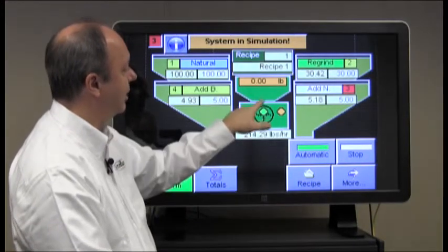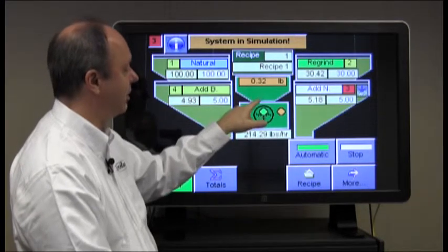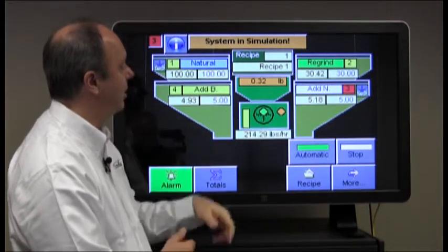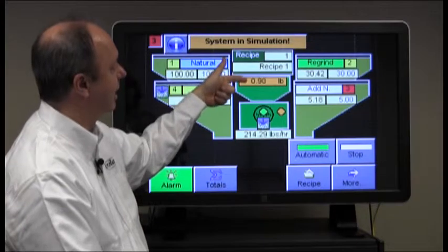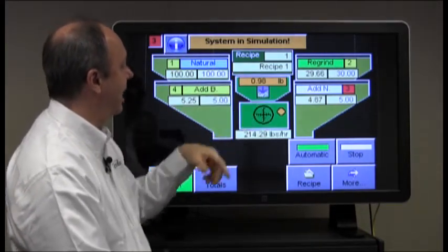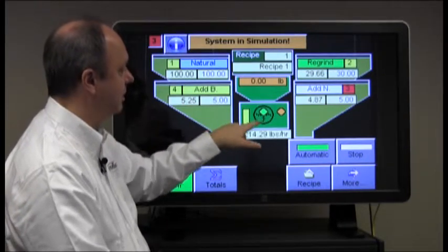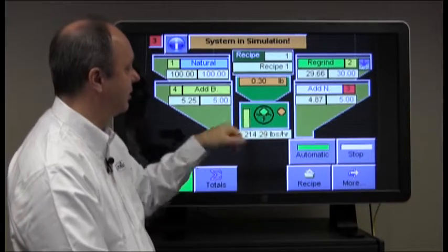Same thing with an arrow that occurs here below the batch hopper. The arrow appears when the batch hopper is ready to dump out. In this particular case we're making a 1-pound batch, so when it's done doing that it dumps it out into the mixer, covers the prox switch. The mixer turns, mixes the material,